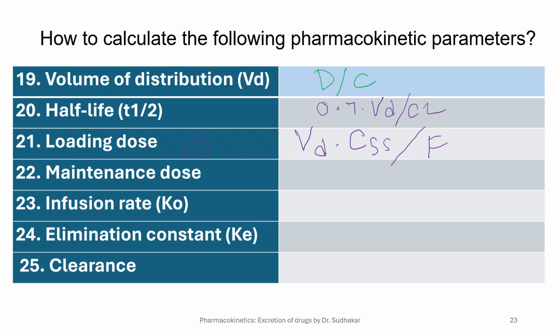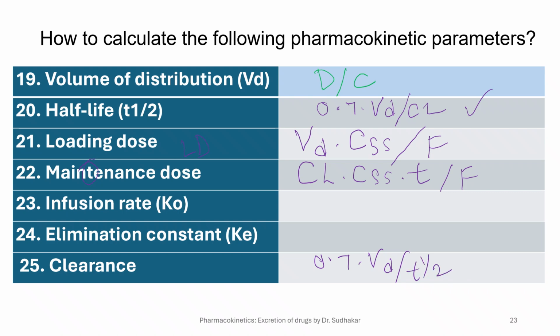Whereas the maintenance dose always depends on the clearance, okay? And you need a target concentration or steady state concentration. And remember the maintenance time interval, T for time interval, how often you have to give the maintenance dose, over bioavailability. So for clearance, you just rearrange the half-life equation. So clearance equals 0.7 times Vd over half-life,